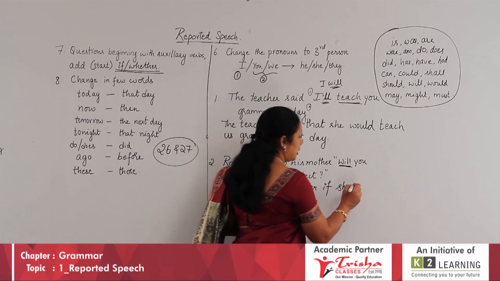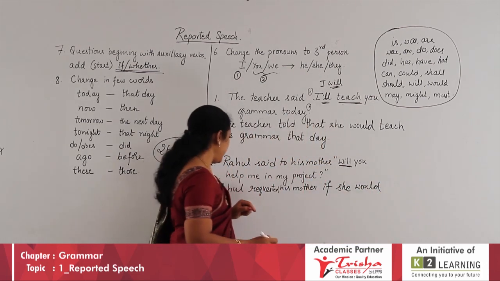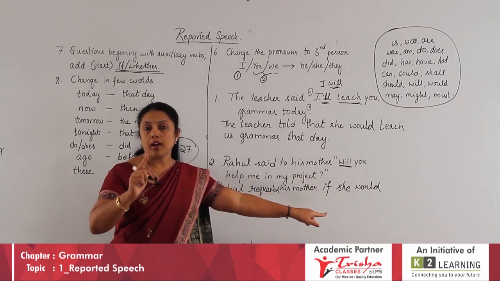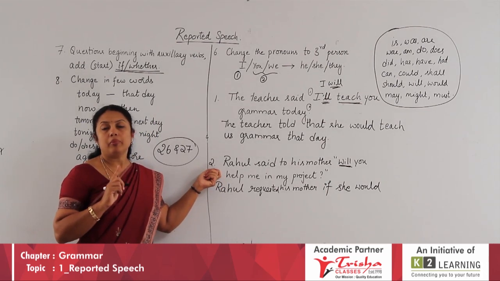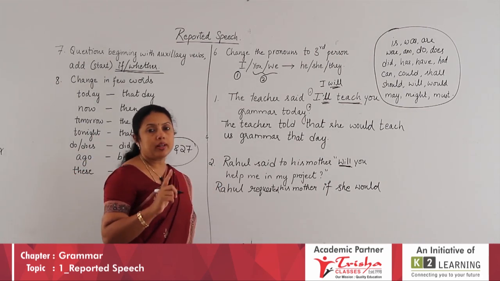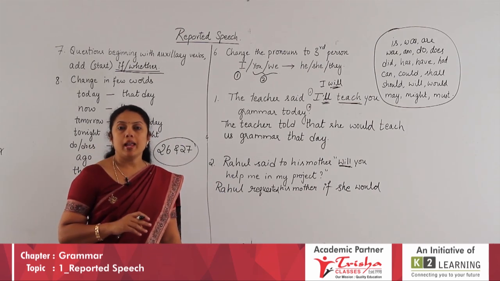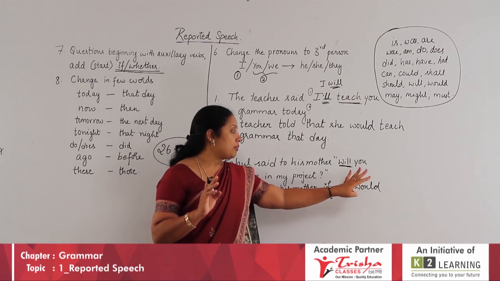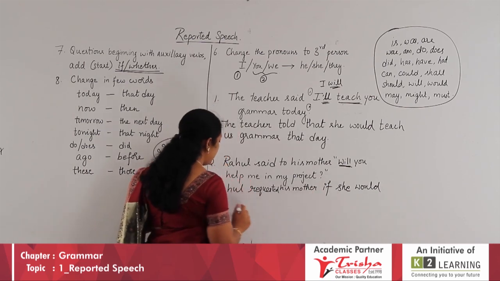Will becomes would. If she would, then because I have changed the auxiliary verb, I don't have to change the tense in the main verb. As I have told you, it sounds very awkward if I change both the helping verb and the main verb. So I'll just write the main verb as it is. So if she would help,